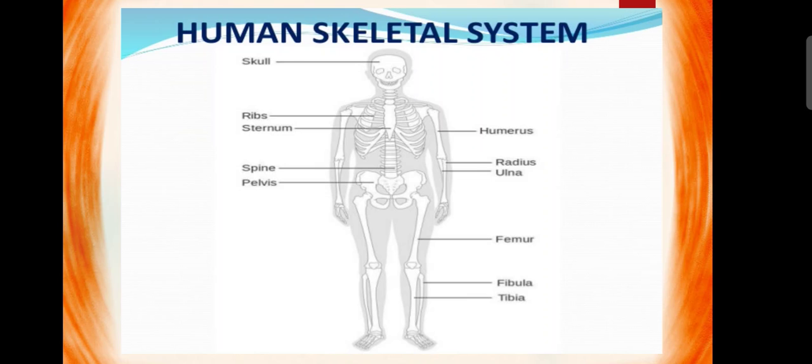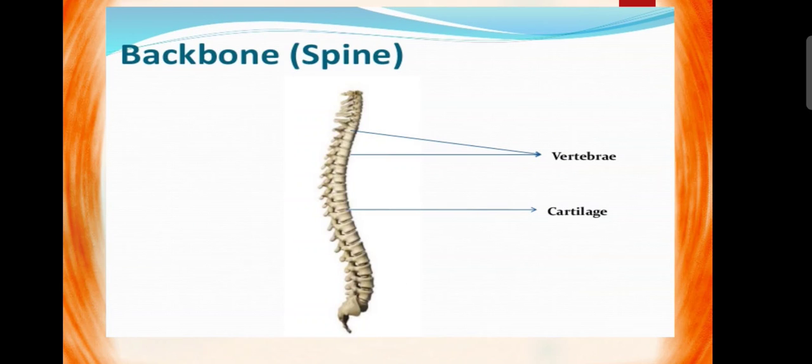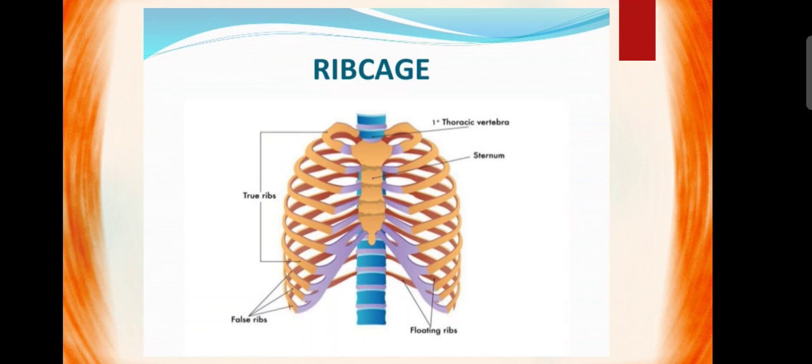Now we will see the human skeletal system. Today I will just tell you the parts of the human skeletal system, which I will explain in the next live class or video class with proper explanation. These are the skull, backbone, rib cage,